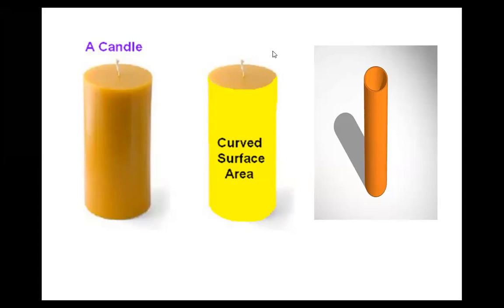Look here, one candle, and they ask you to find the surface area. Only surface area, not the total surface area. That means you can ignore the top and bottom part. If they ask to find the total surface area, that means you include both parts. And look here, both parts are in circle form. That means you include both the upper and bottom circles' area. And a circle's area is pi r square.